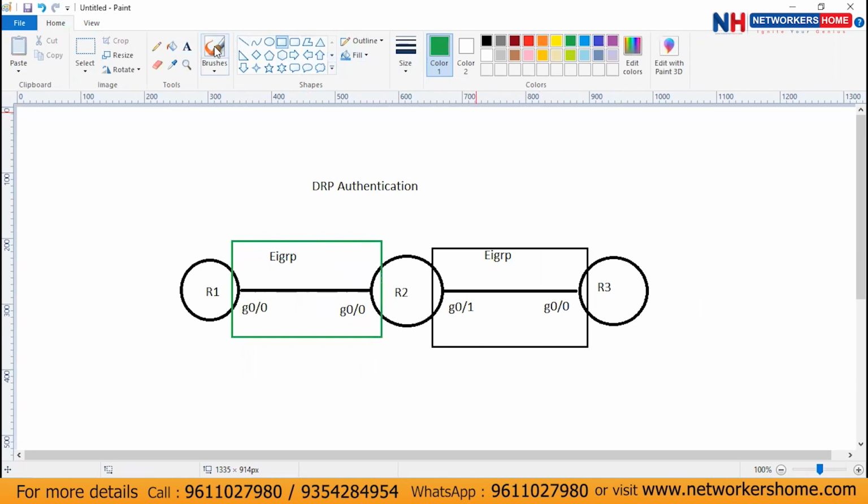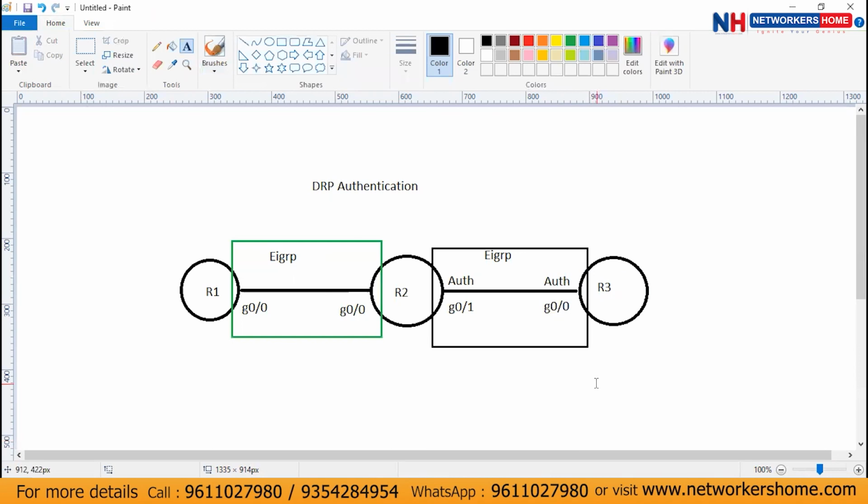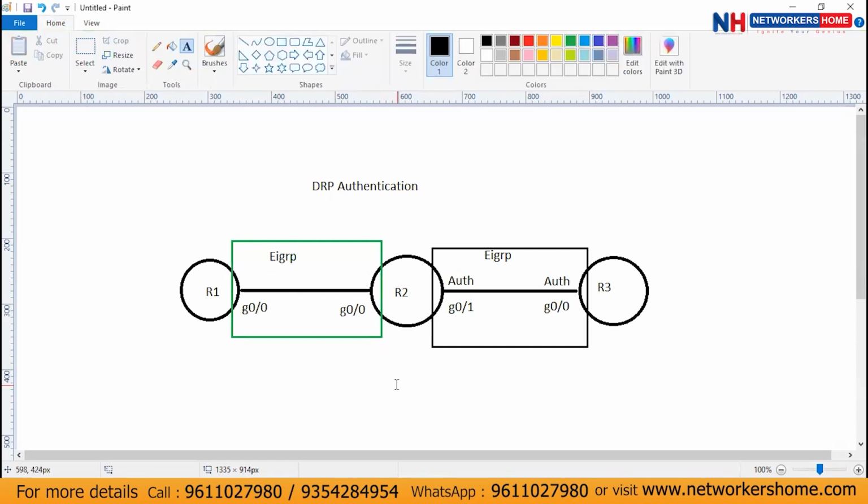So will R3 get a neighborship with R1? Yes or no? Here authentication has been applied. Here authentication has been applied. And here also authentication has been applied with EIGRP. But on these two routers' interfaces where they are connected, authentication hasn't been applied with the dynamic routing protocol. Tell me, guys, should you get the routes? Will you get all the routes propagated on R3, or you'll get only the routes of R2 where it